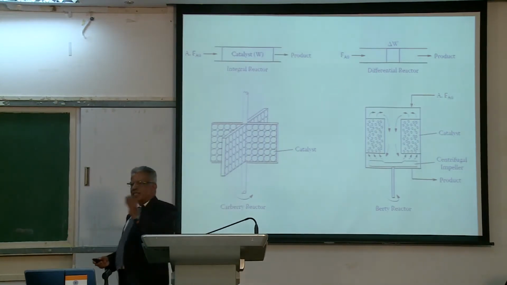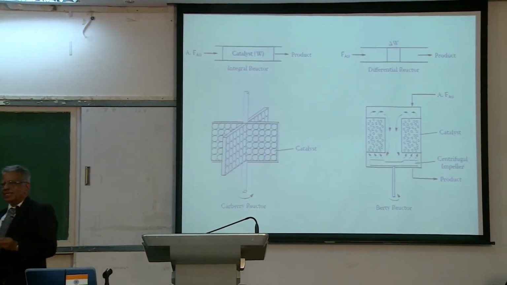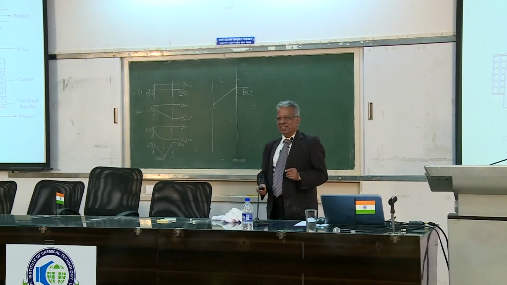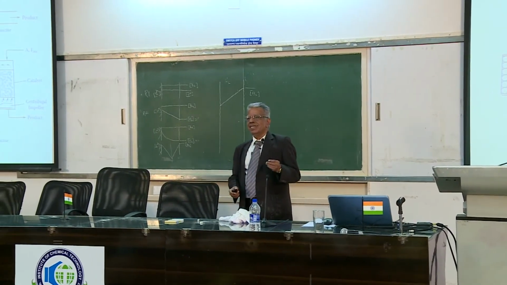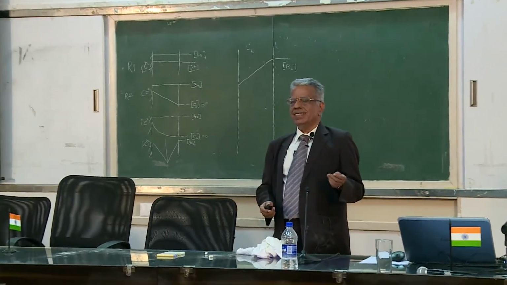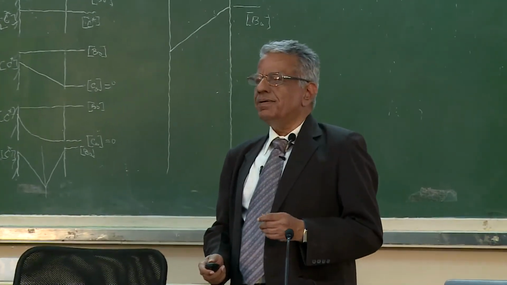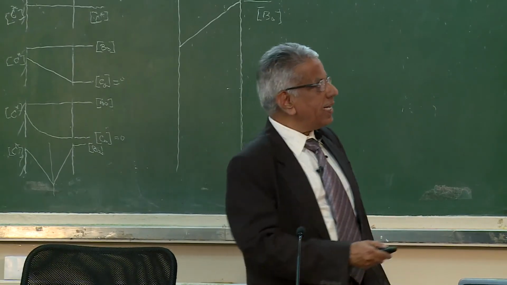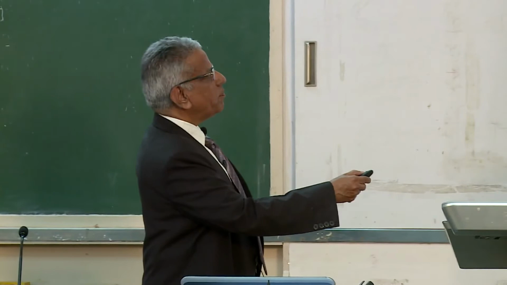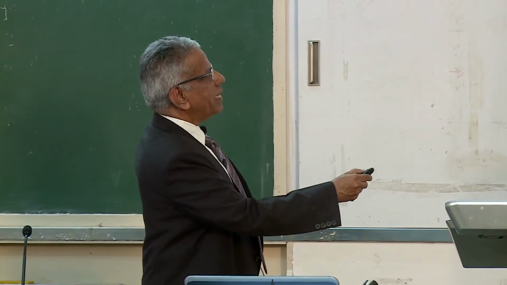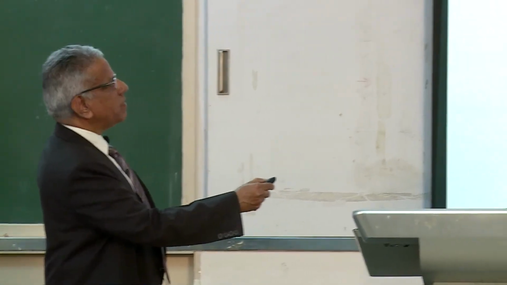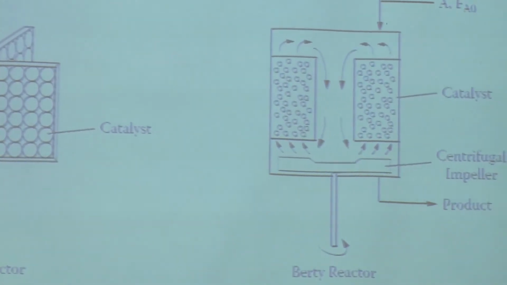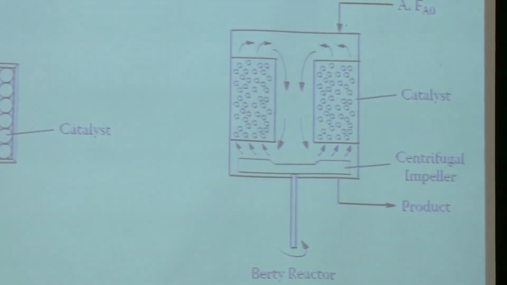If you plot conversion with respect to time and in one pass 60% conversion occurs, it is difficult to analyze. How to calculate the slope for the rate? Rate is dCA by dt basically, and that is difficult. Therefore, we try to keep conversions less than 5%, and therefore, it is called differential reactor. So, on its own, if it gives 4-5% conversion, then it is okay. But then also in this manner, changing the gas velocity over a wide range is difficult, and therefore recycle is practiced. This is very simple like a stirred cell, even simpler than a stirred cell.